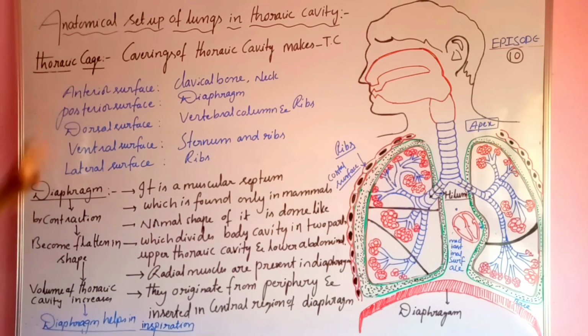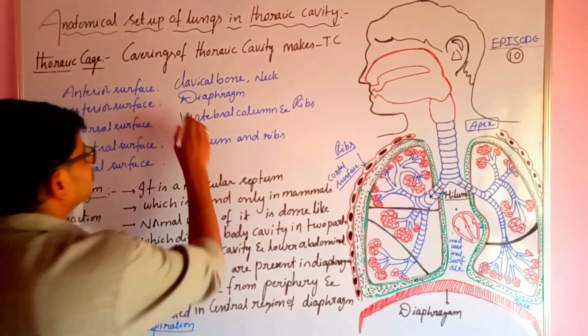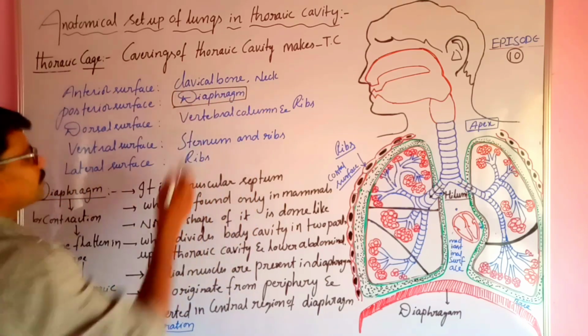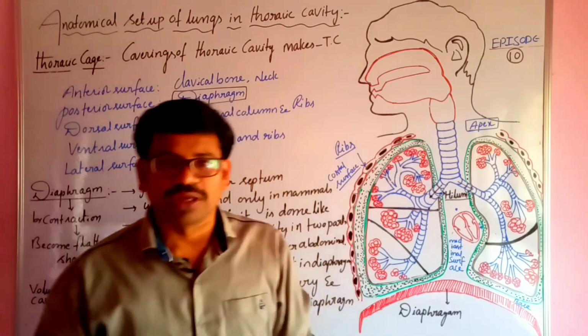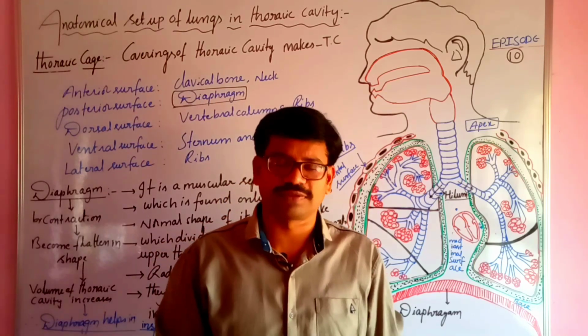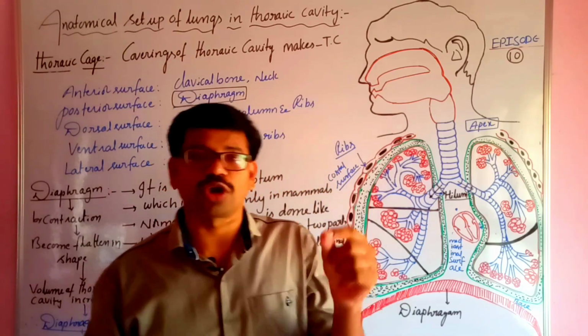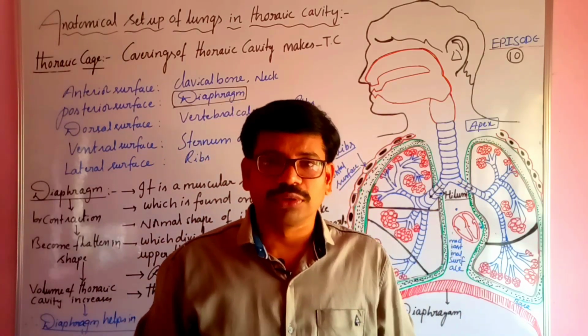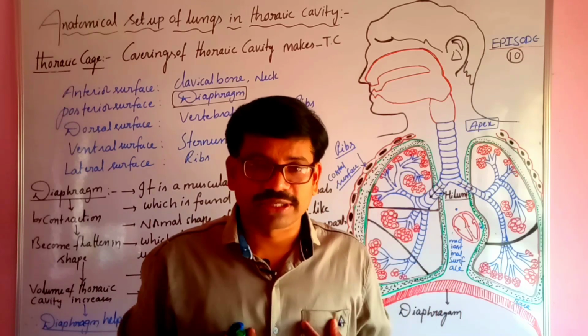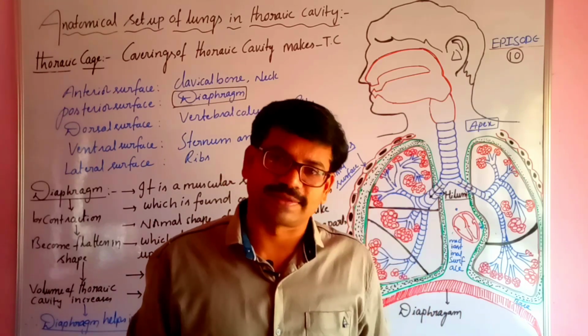Now, how does the diaphragm help? Here I want to say something regarding the rib cage. I told you already, lungs cannot draw the air by themselves. The reason is lungs are not made up of muscle, they are a spongy tissue. But how a change occurring in the thoracic cavity influences the lungs.